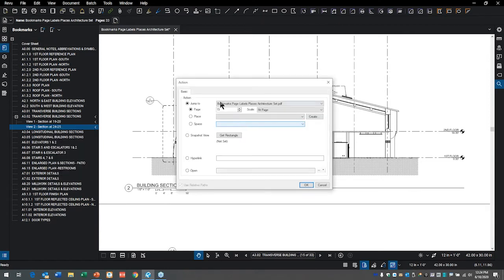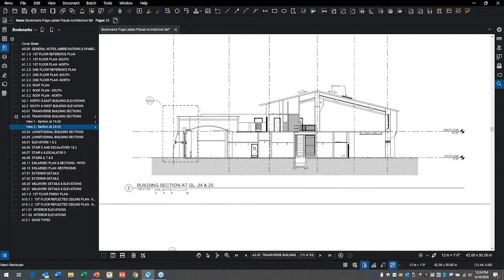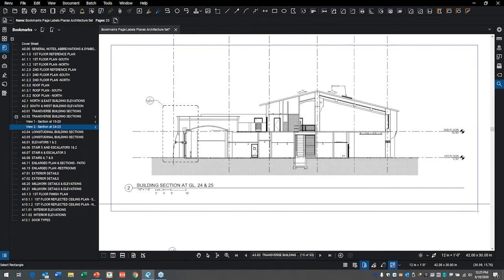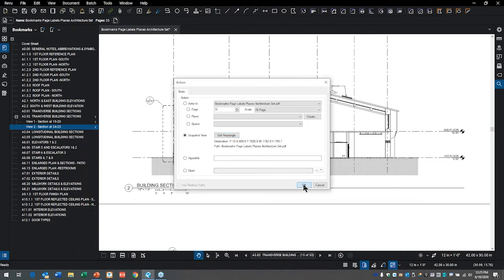And with action, I can jump to a page label or a page or a place if I had created that, or a space or a hyperlink or open a file, but I'm going to do a snapshot. And I'll choose Get Rectangle, hold down my left button, drag a rectangle around that,